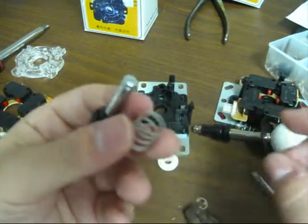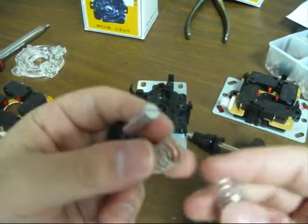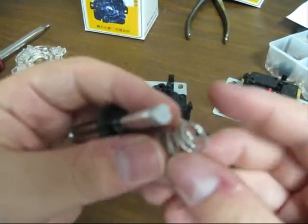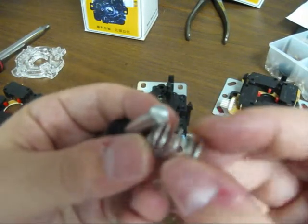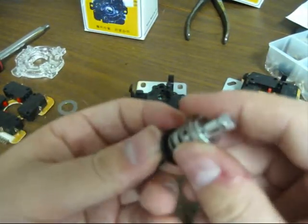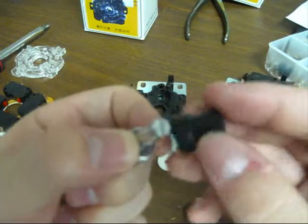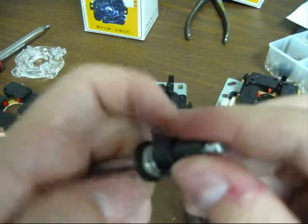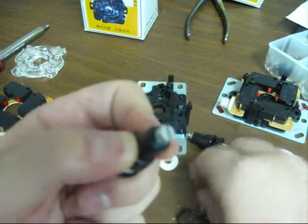So basically what you want to do is you take the Mad Catz spring out, take it apart the same way. It's designed exactly the same. You take that spring and you kind of mesh it together the best you can so it doesn't look too sloppy, and then you put it back on like so. Okay, and you put the boot back over it. Sometimes you might have to twist it because it's not going to be a perfect fit, but as long as you can push it down far enough to get the clip back on,